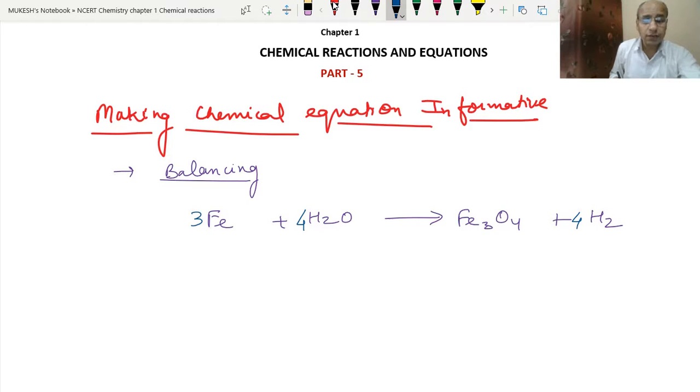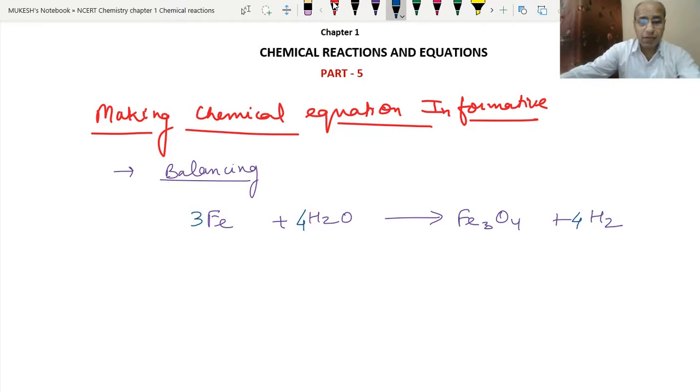So today we will see how we can make this chemical equation more informative. That means the sentence that we gave: when red hot iron reacts with steam, it forms iron 2,3 oxide and hydrogen gas is formed. There were certain things. One was the steam. Steam is a form of gas, so we had not used the liquid form of water, we had used the gas form of water. Second thing, hydrogen gas is formed.